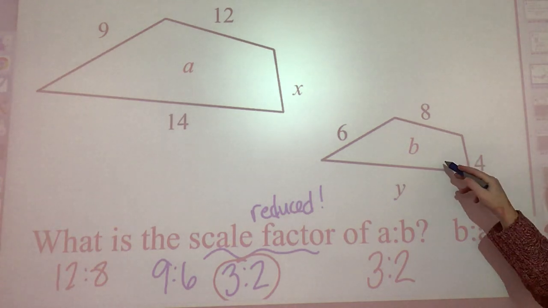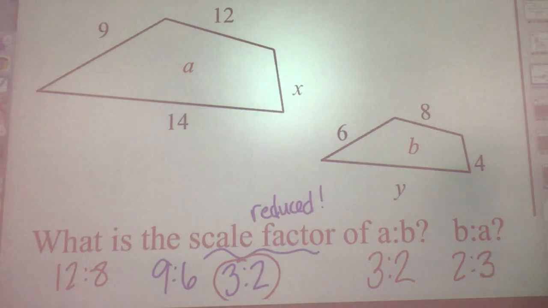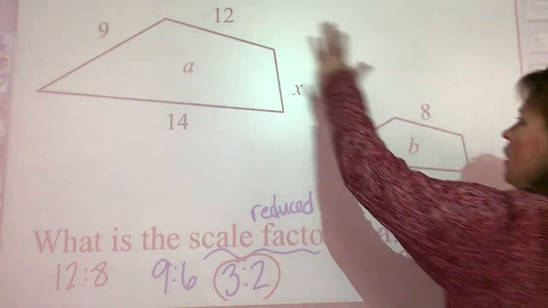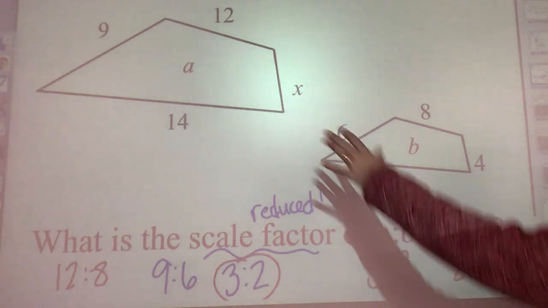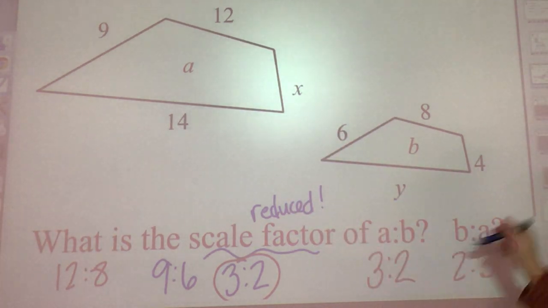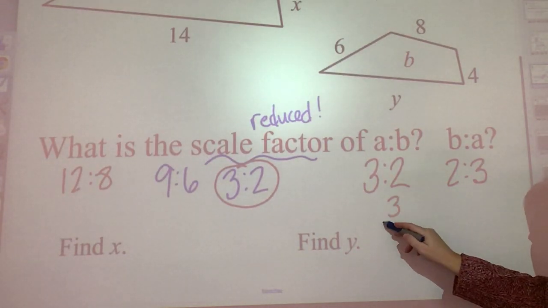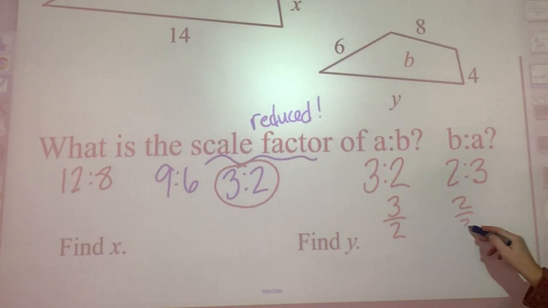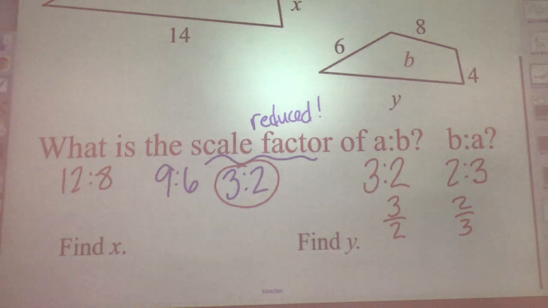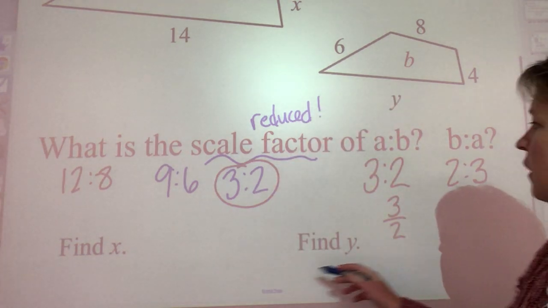If you're comparing B up to A, it went from 2 to 3. The scale factor went from 2 up to 3 times as big. This one went from 3 down to 2. So scale factors are basically a reduced ratio. If you would have written them like this, that's perfectly fine as well. Doesn't matter the format. So find x, we can find x now knowing that all sides are proportional by saying